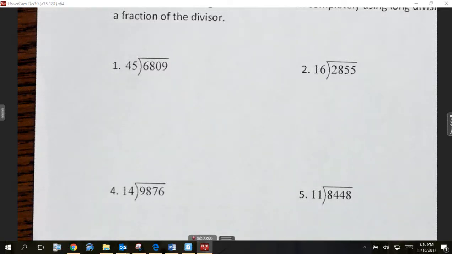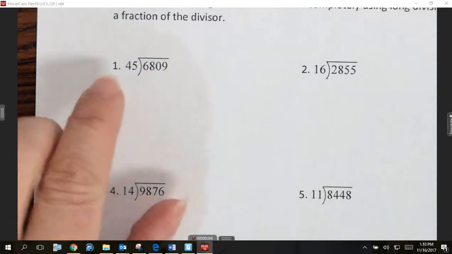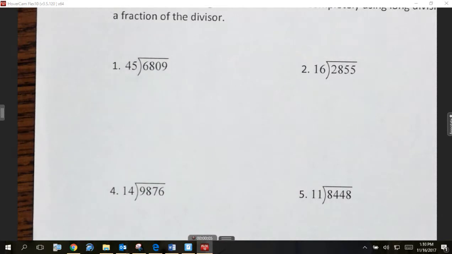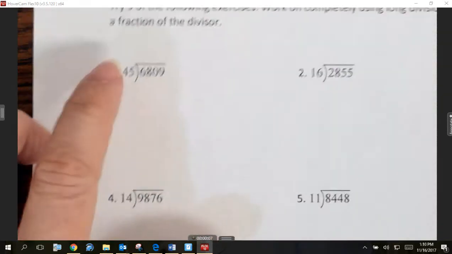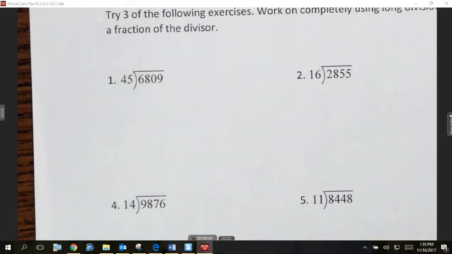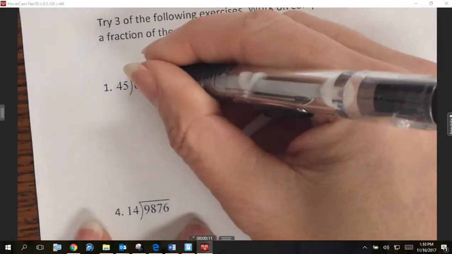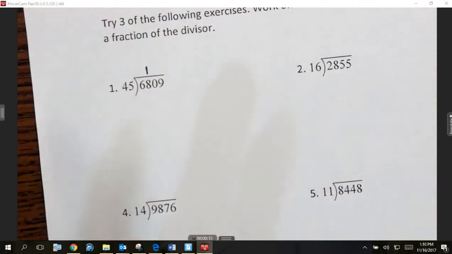So we're going to divide, and you're going to say 45 goes into 6, does it? No. So then we say 45 goes into 68. How many times? 1. So we put the 1 above the 8. So we divide. Then we